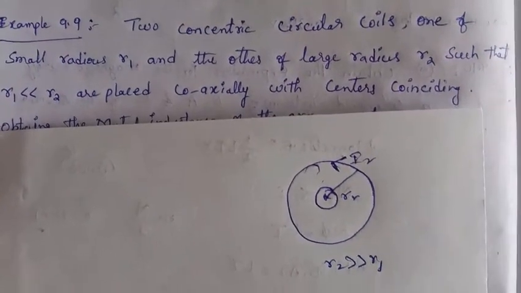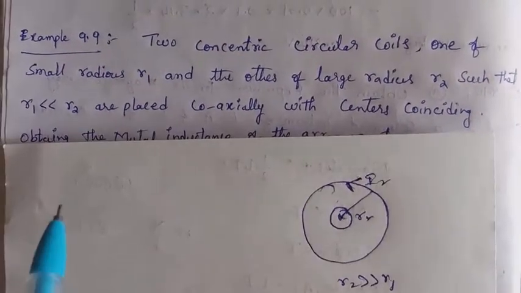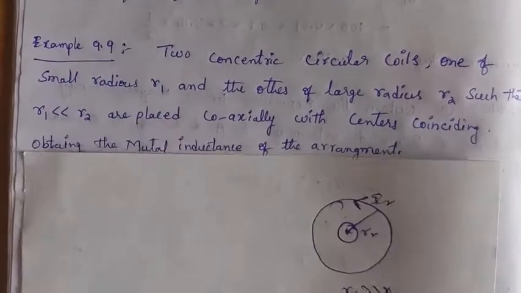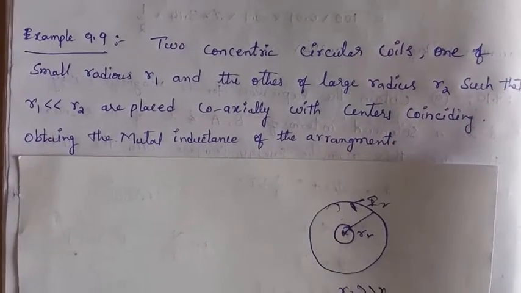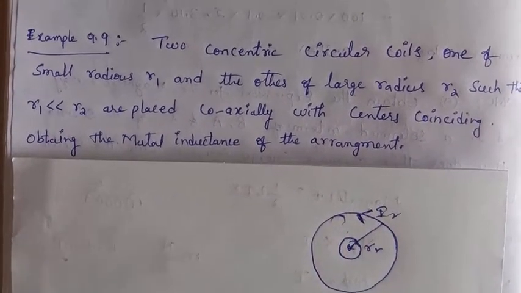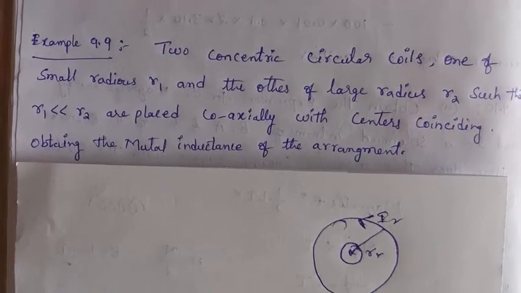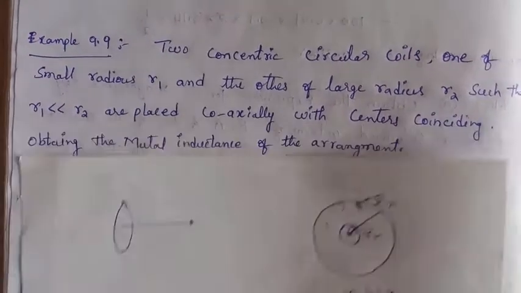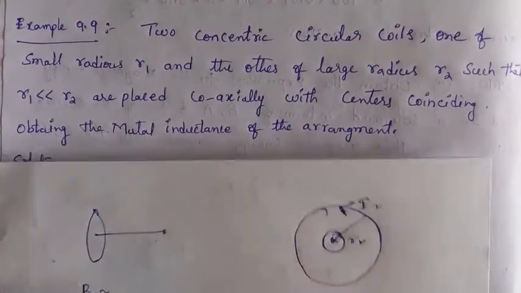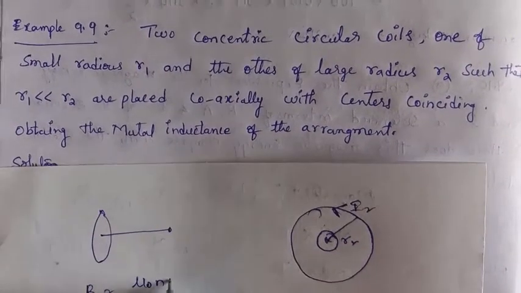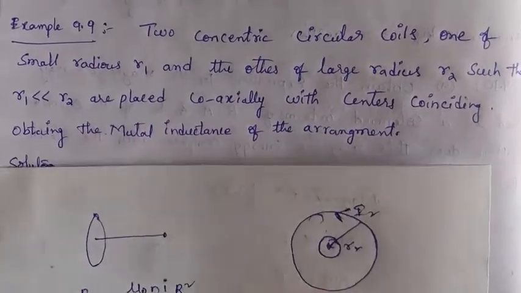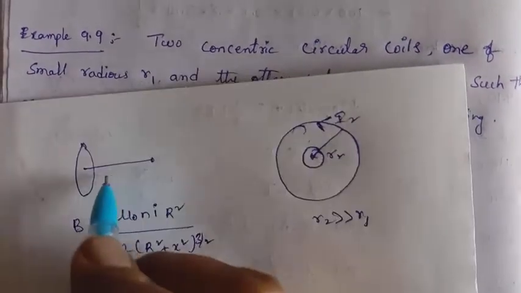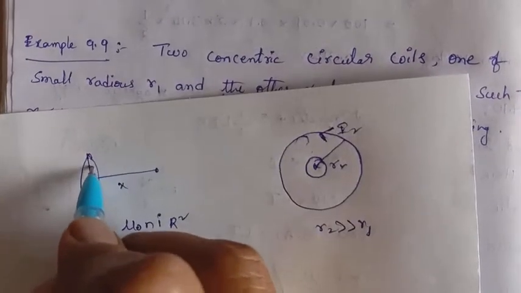then the magnetic field, according to the Biot-Savart law, for a closed coil, the magnetic induction due to the current-carrying circular coil at any point on the axis, you already derived this expression. B is equal to mu naught N I R square by 2 into (R square plus X square) whole power 3 by 2. It is the formula. X is the distance along the axis, R is the radius of the coil.